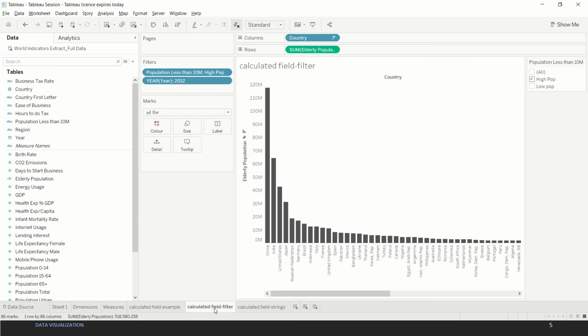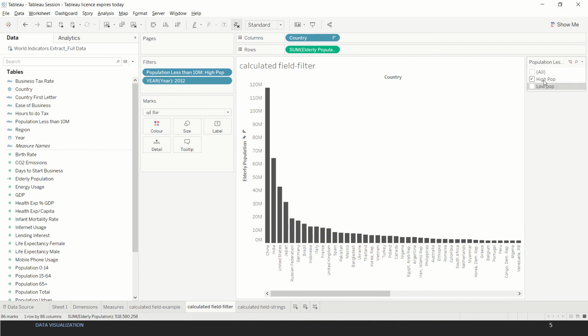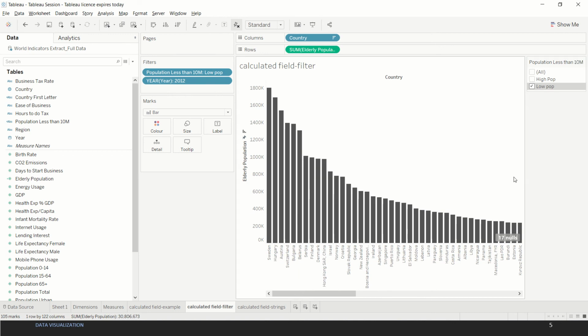Now if we move this field to the filter shelf, we can click here and say show filter, so that the filter is visible, and we can choose different types of filters available from this list. Right now we have high population selected. If we select low population and uncheck high population, this is the low population country wise split.